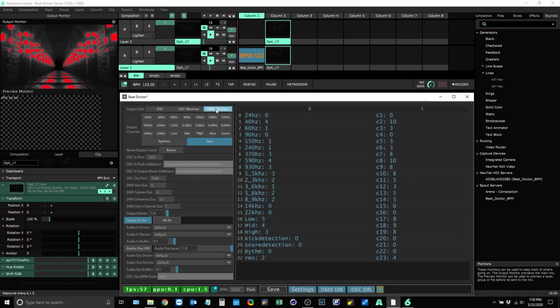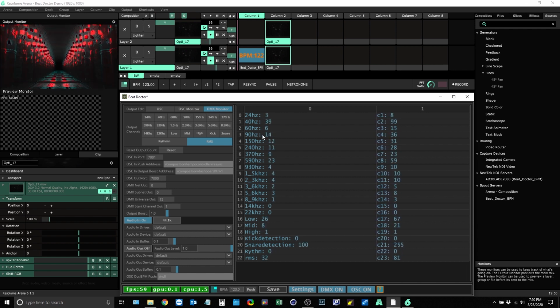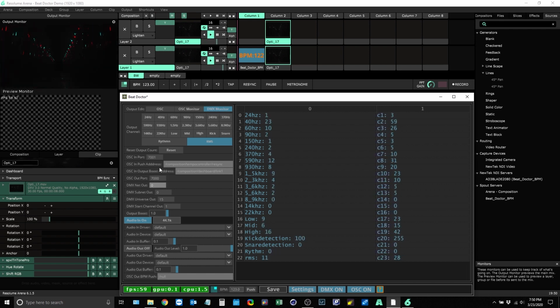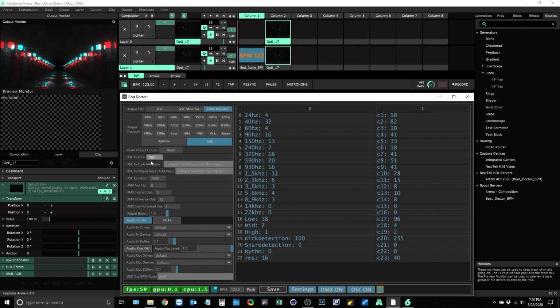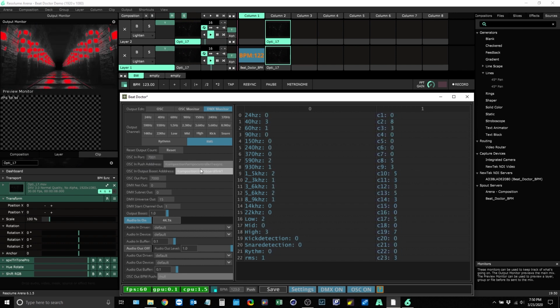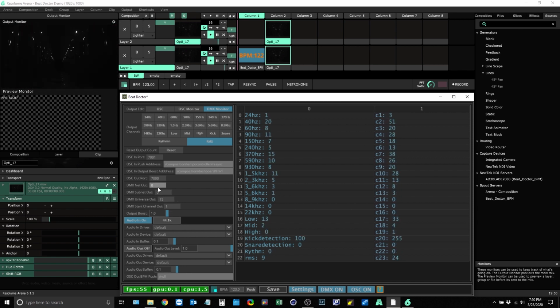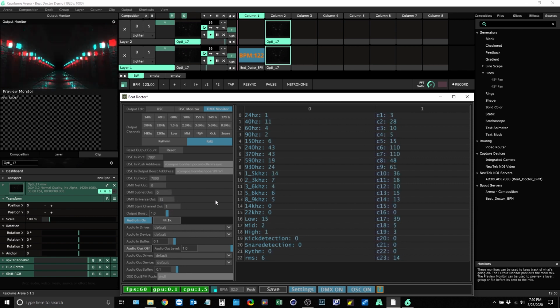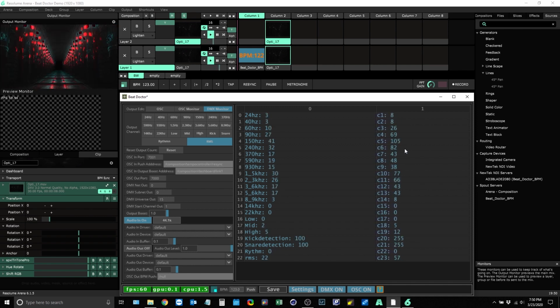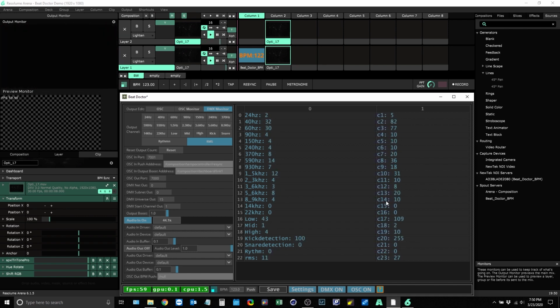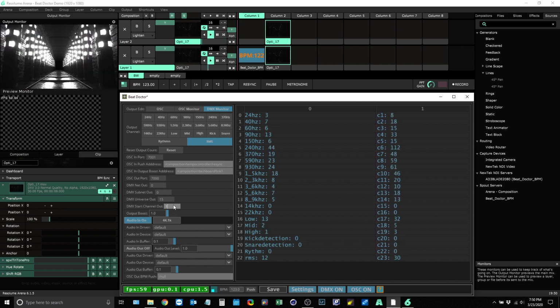Lastly, up here at the top we have our DMX monitor, and then down here we have our OSC in port, our push ports, OSC out, and then from here you can assign your OSC net, subnet, universe, and start channel. So all of these frequencies here are also being sent out in real time to the following DMX channels. If you wanted to start or offset